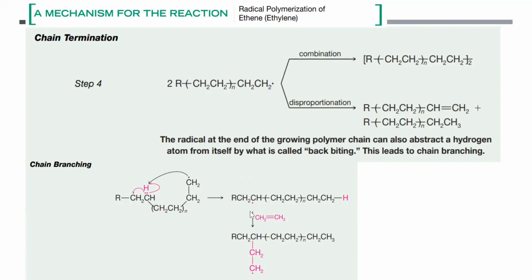Once you have the radical here, it proceeds with reactions at the double bond, like CH2 double bond CH2, and that's where you have your carbon and another CH2, and this is where the dot is. Again, how is it being connected? Another electron from the double bond. That is how you form a bond here. And since we used electrons here,